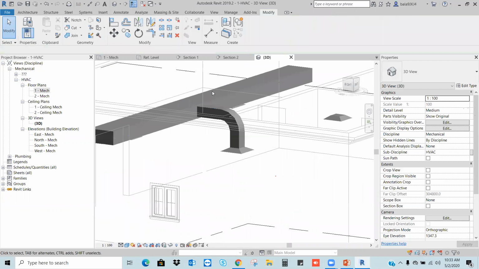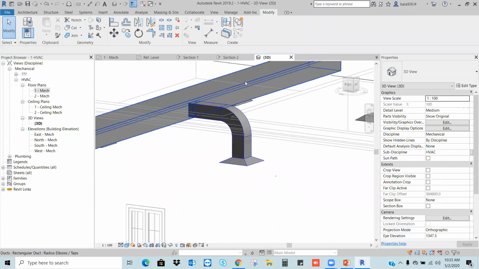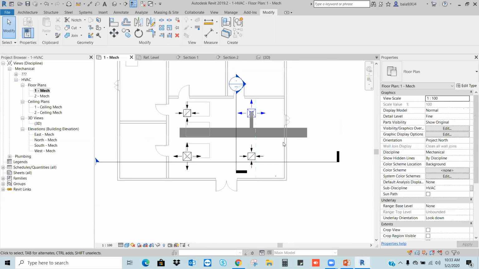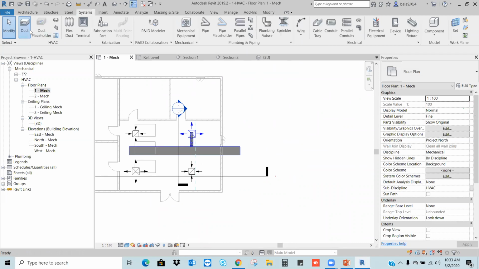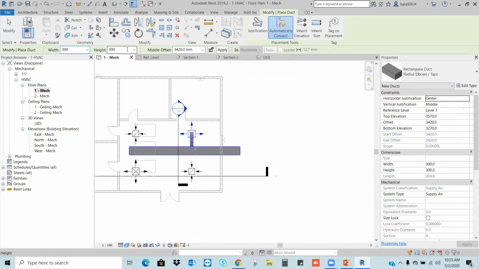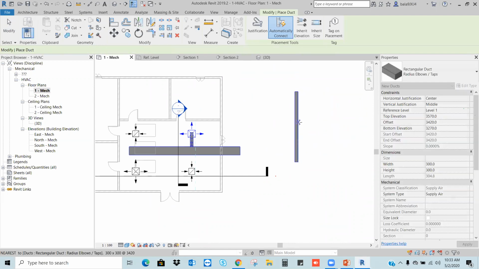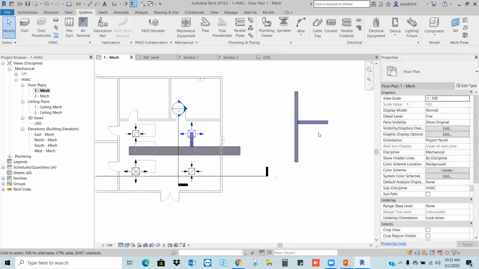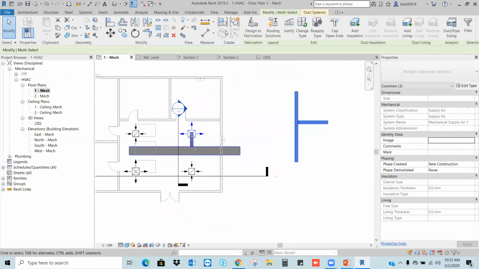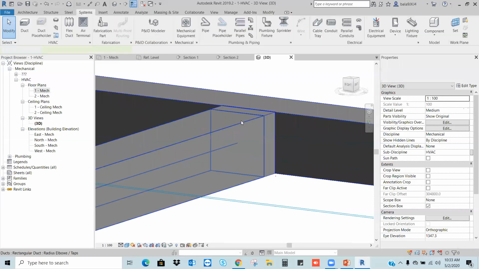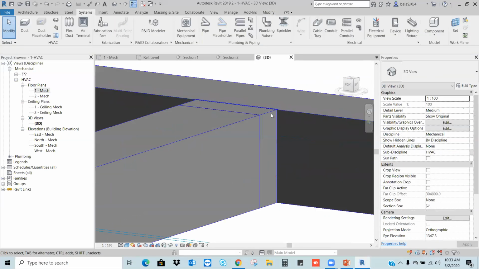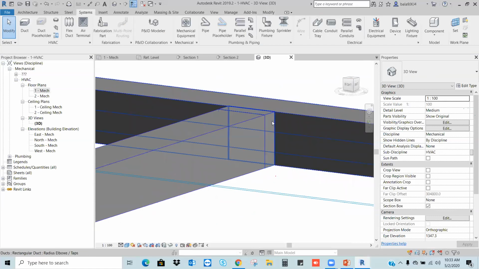Right? Let's say, for example, the branch duct and main duct are both the same size. Let's say I will explain here. I'm going to the duct. Here I want to use 300 by 300 with the same offset. Branch duct and main duct are both the same size. So the main duct and the branch duct are both the same size. It is not possible at site to connect like this.